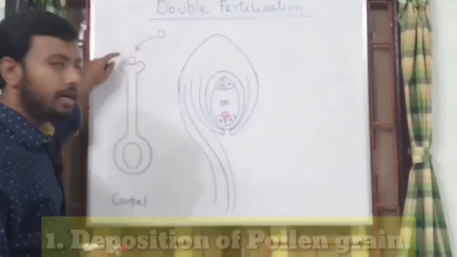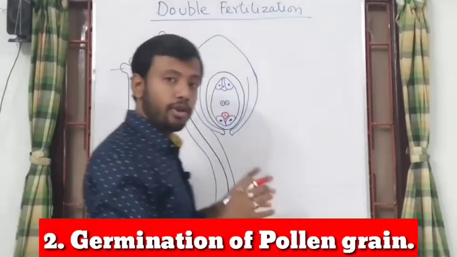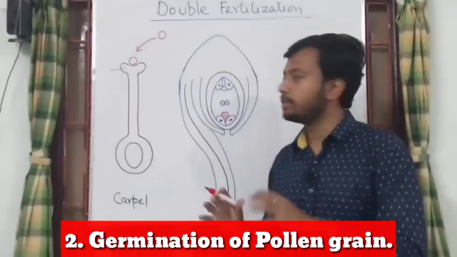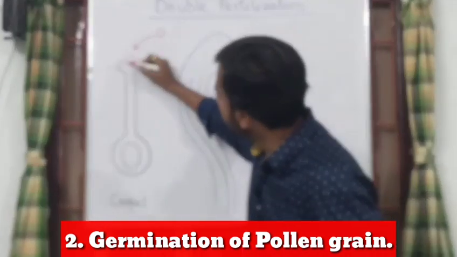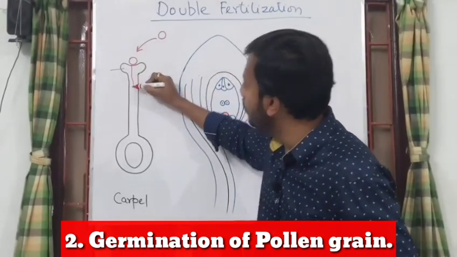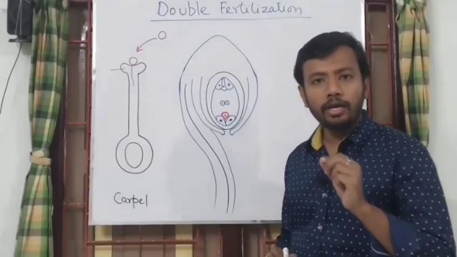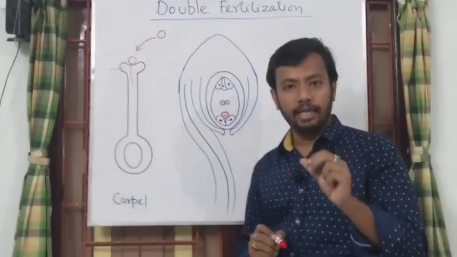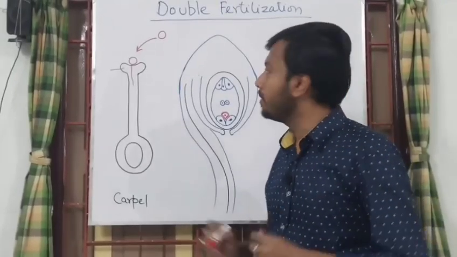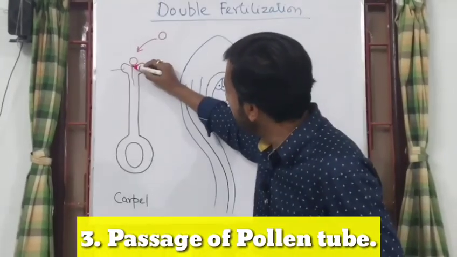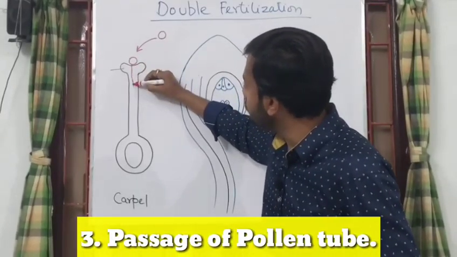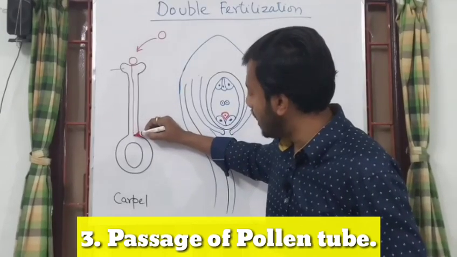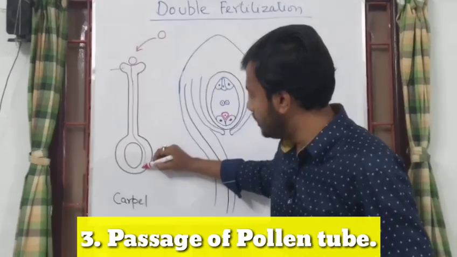Thereafter, it will start to absorb water and nutrients from the stigma. After absorbing those substances, it will germinate and start to produce a pollen tube. This pollen tube will secrete some enzymes, pectinase and other hydrolyzing enzymes. Those help the pollen tube to pass through the stigma and the different layers of the style, and finally it reaches